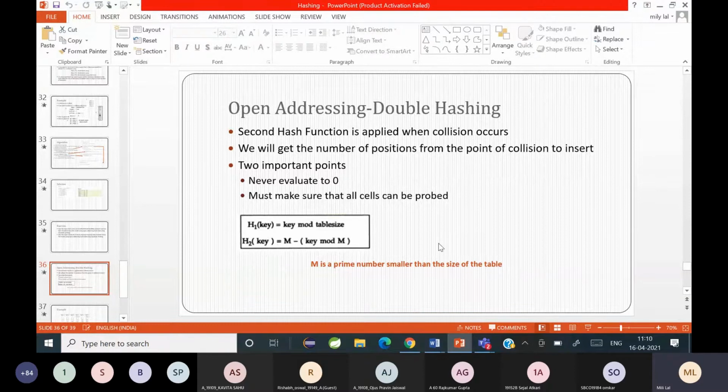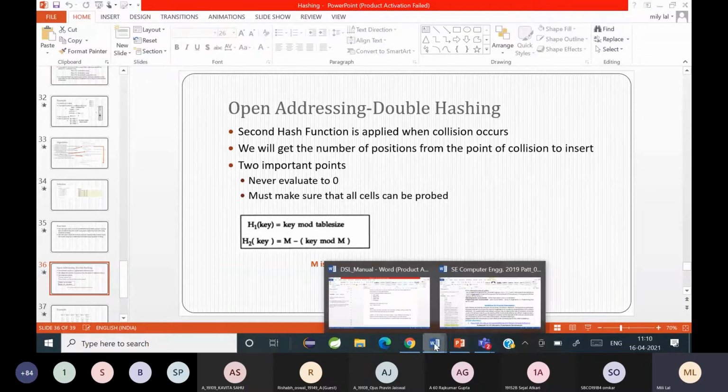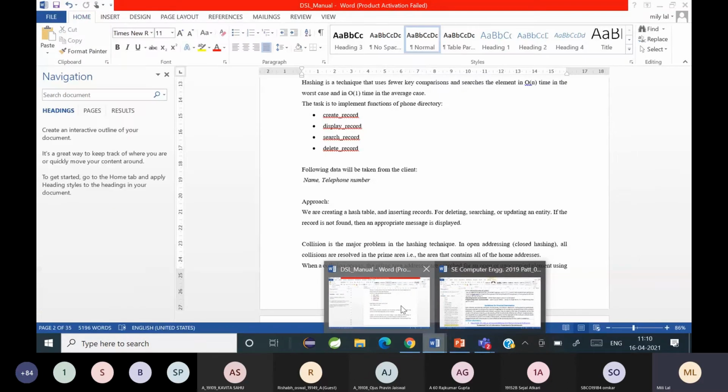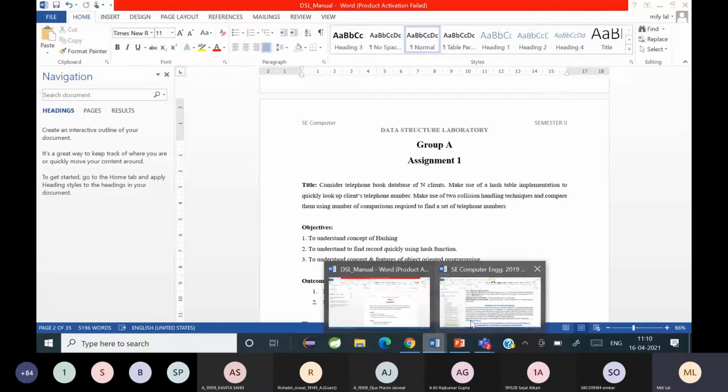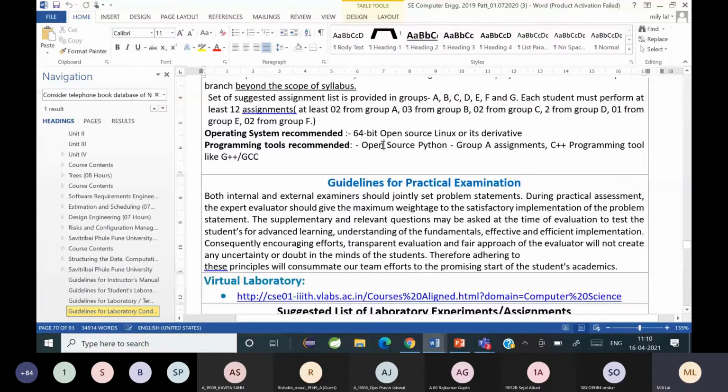So now going back to the problem statement, they have told us to make use of 2 collision handling techniques and compare the comparisons required to find the set of telephone numbers. As you can see in your syllabus, group A assignments have to be done in open source Python, whereas the remaining assignments have to be done in C++.